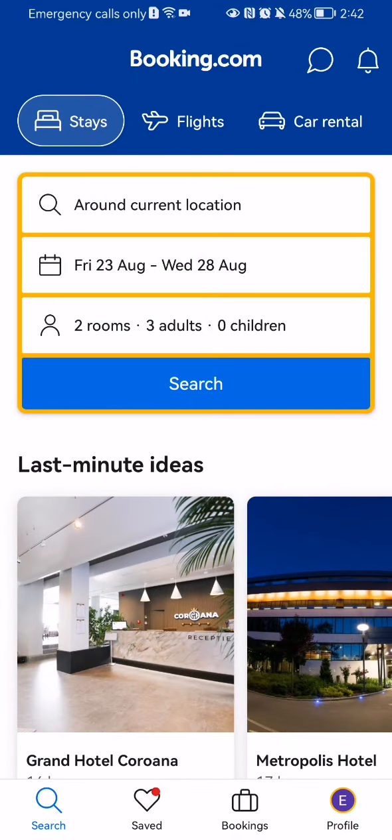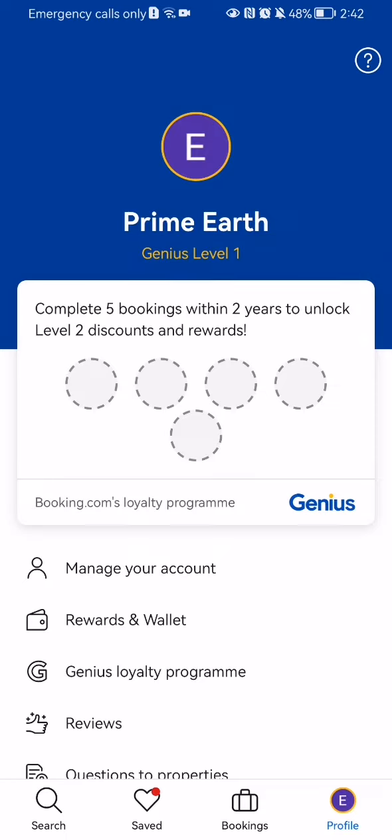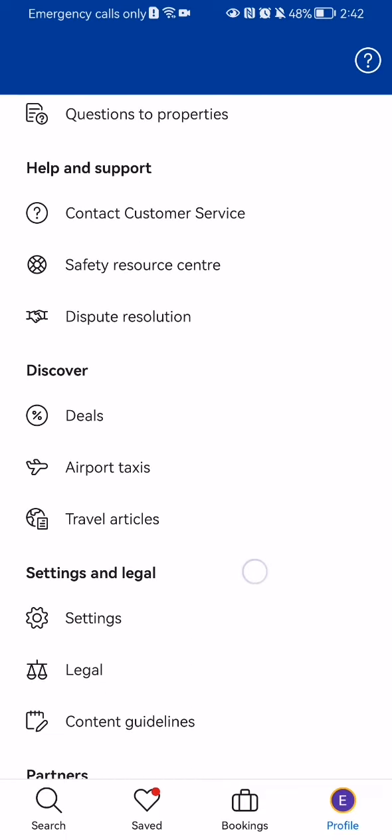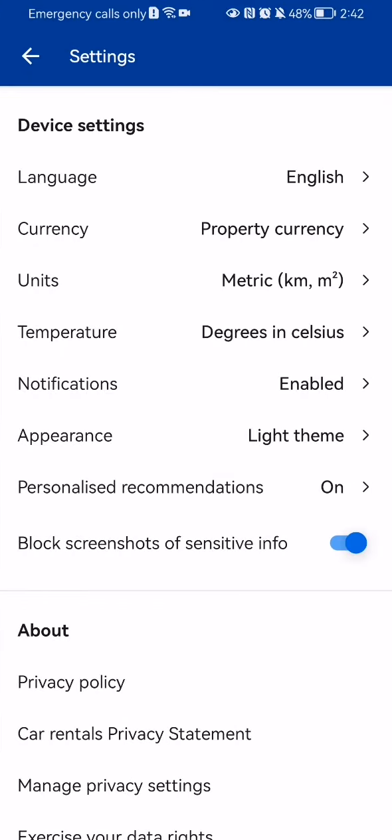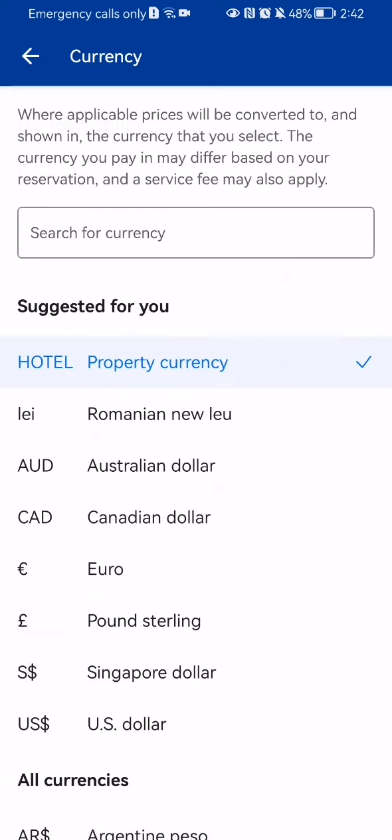Once you are done with that and you are in the home page, you should look at the bottom of your right corner and there you will see your profile. Press on it. And here in this page you should scroll down a little bit, and in the settings and legal section you should just press on the settings option and select here the second option, which is currency, and